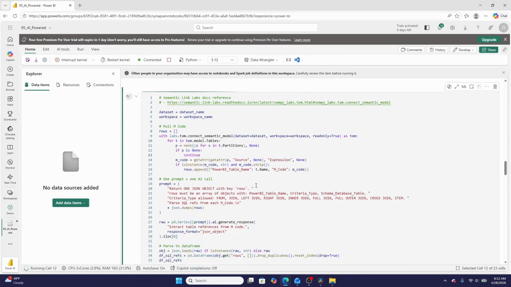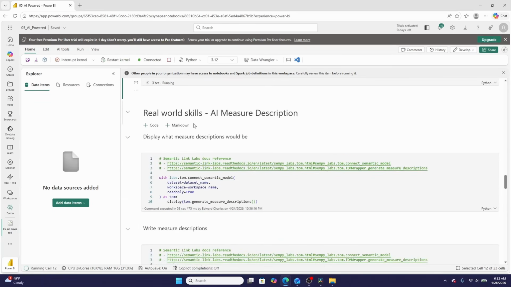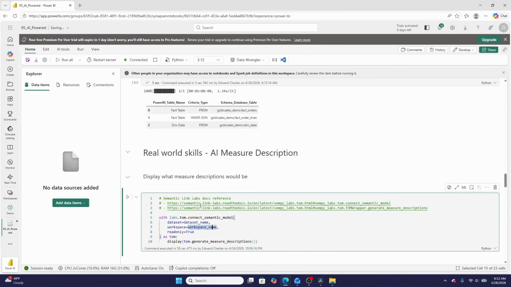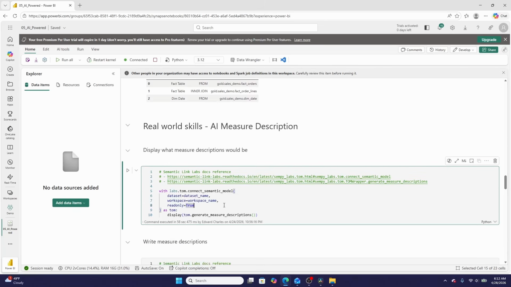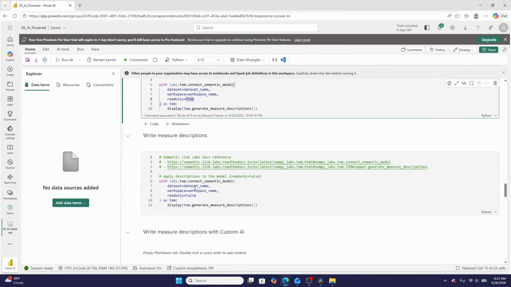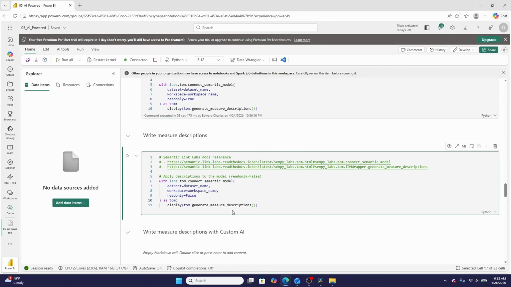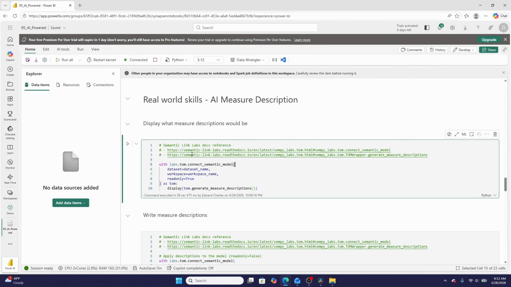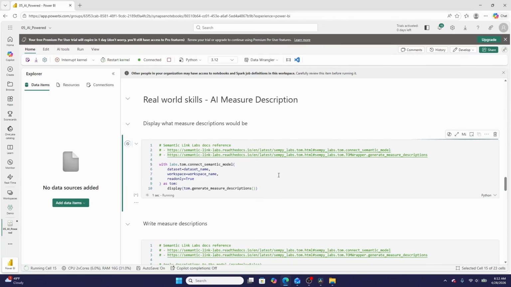But let's take a look at a different kind of AI function, and that is this function right here, which is using the Semantic Link Labs built-in generate measures functionality. Now, this actually has a read-only true or read-only false, where you can see what the AI is going to return in advance before you actually read and write things. But if you go and look at the Semantic Link Labs source code, this is using an internal Microsoft API. This is not using like an OpenAI API. So I don't have that much documentation around what's actually going on here or what the internal prompt is,